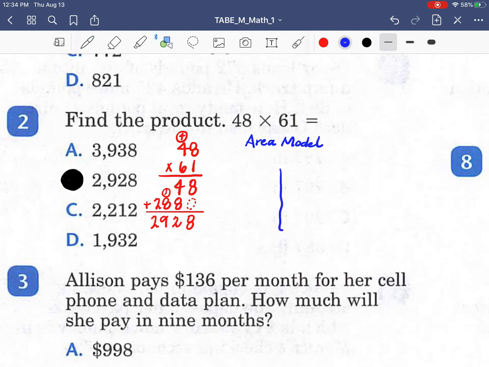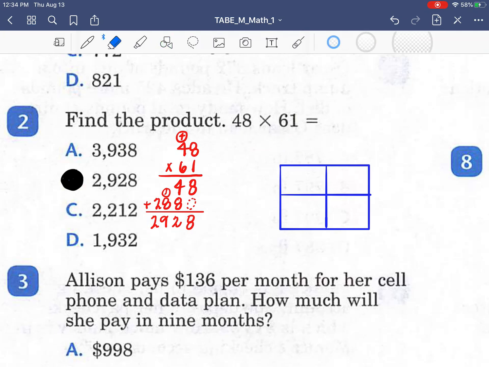You draw yourself a box and you section that box off like this. And I'll show you how I know to do it that way. Because on the top, let me move this just a second. I need that space. This is called an area model. Okay, 48 is one of my factors, which is made up of a 40 or 4 10s and 8 1s. So to use your area model, you separate out your terms. 61,